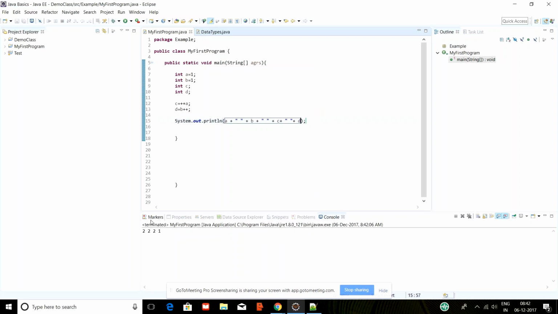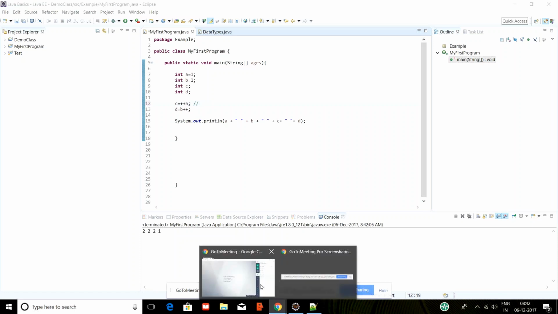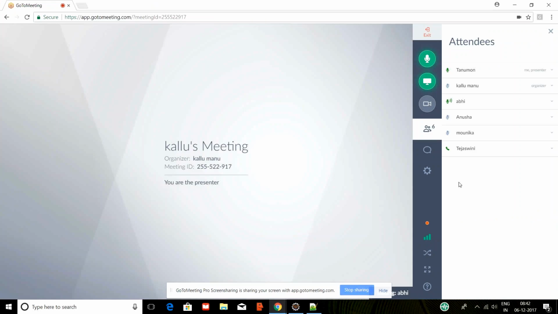You can check how it has come: 2 2 2. Suppose A is 1. When I'm doing C equal to plus plus A, this means